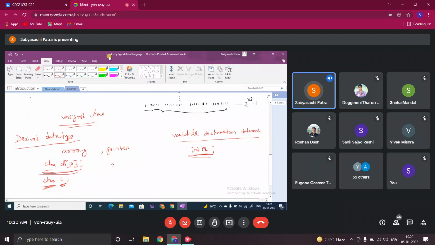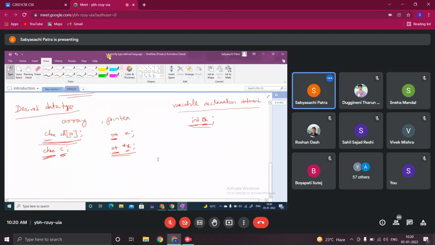So this is fundamental and this is derived. Similarly, in case of pointer, if I write int x, x is a variable of type integer, which is a fundamental data type. But when you write int *x, x is a pointer variable derived from the fundamental data type integer. So I am calling it an integer pointer. Got it?